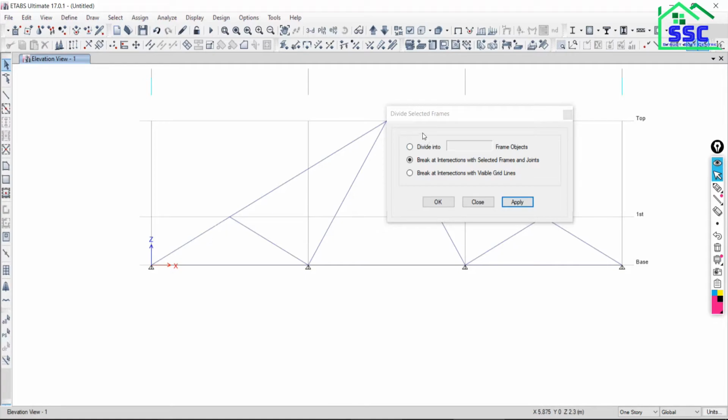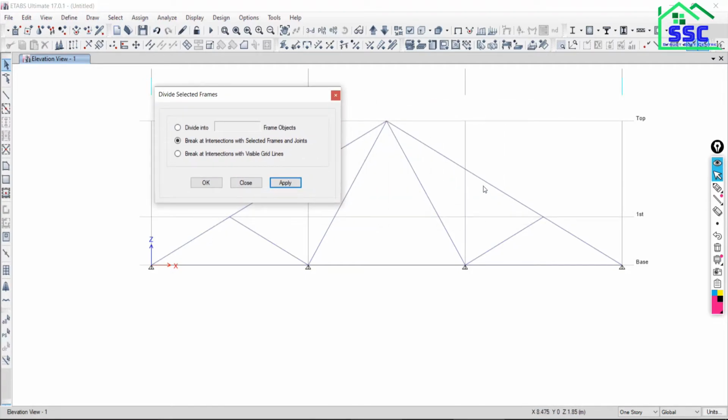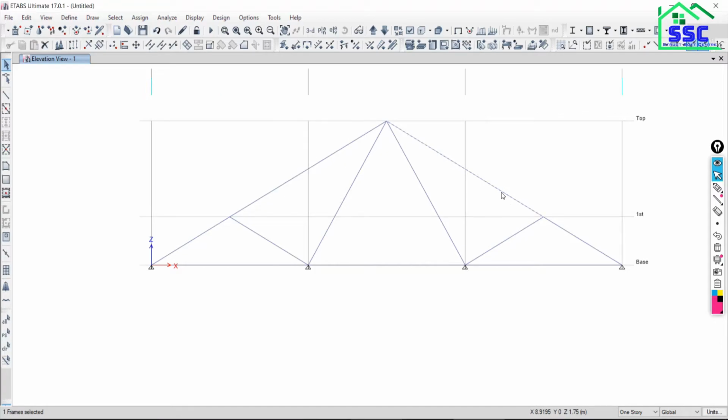Yeah. Now just come back to this side. See, I am selecting this, so the entire line will be selected. But I just want to break this at this joint. So just click the joint and say Apply. First select the frame, then select the joint where you want to break the beam or line element, then say Apply, so that this element will also be broken into parts. You all got it? As you can see here, all these members are separate members. Is that clear?